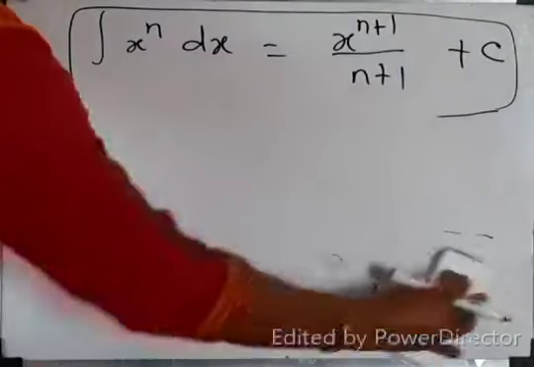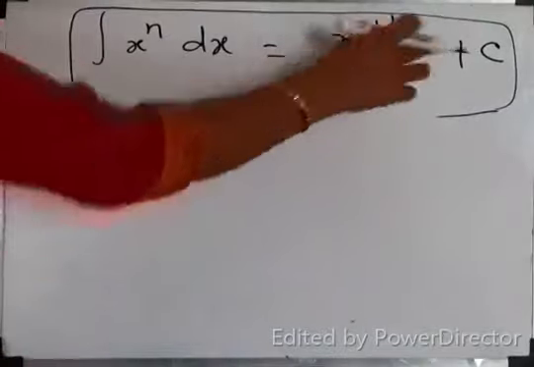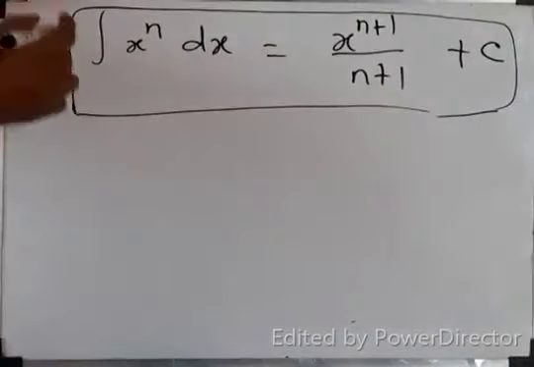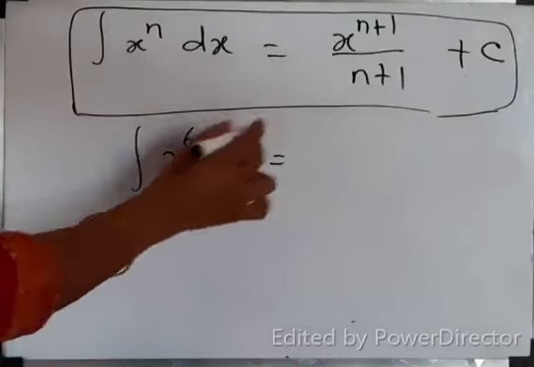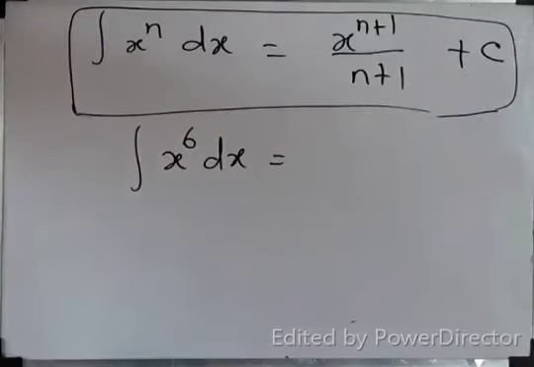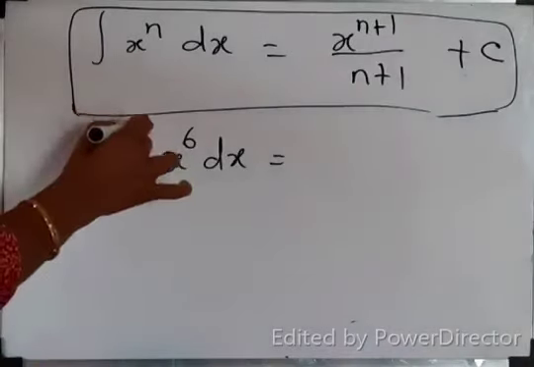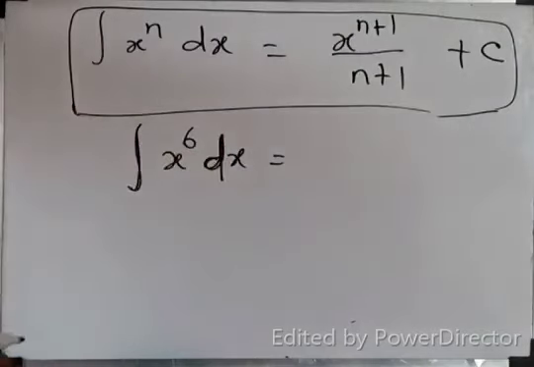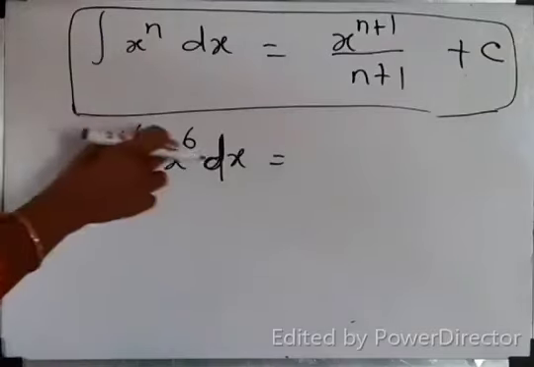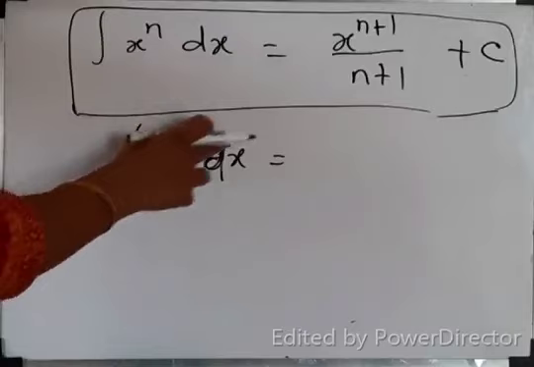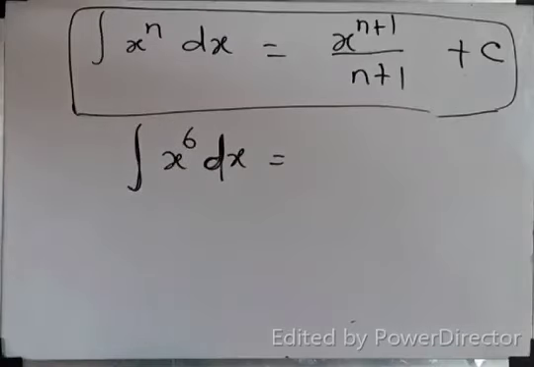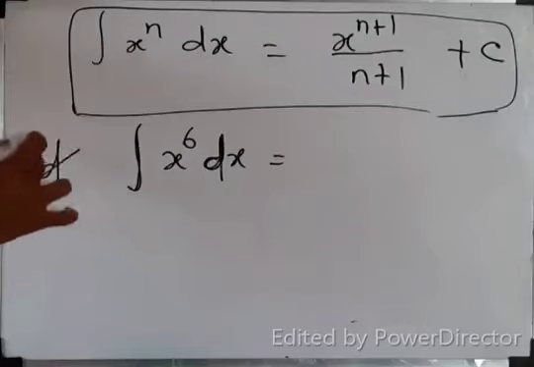Now listen, class. I didn't say why we are using c. Then I have to tell you the technique. X power 6 dx. What is the answer? X power 7 by 7. How do you get x power 7? Listen. Integration and differentiation are in reverse order, isn't it? Or you can say the opposite form. So this into this will get cancelled. Correct? One is product, one is division. So what happened? Both will get cancelled. Right? Integration along with d get cancelled.